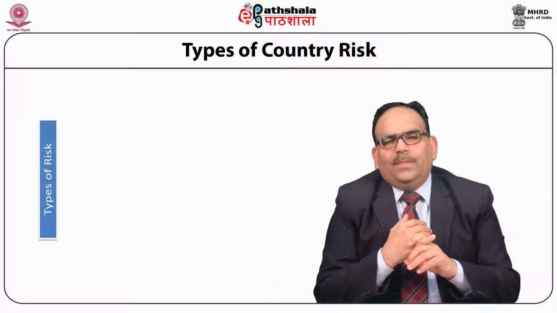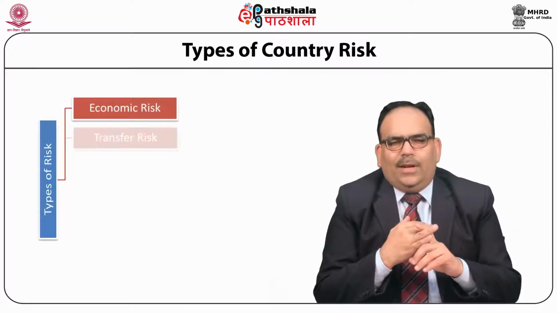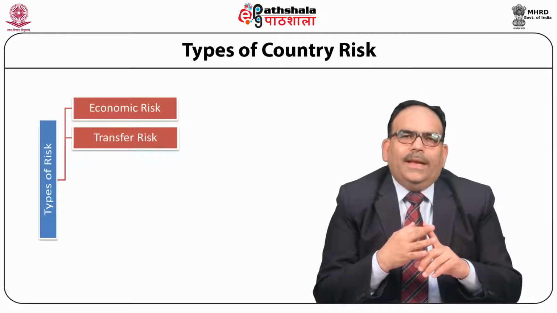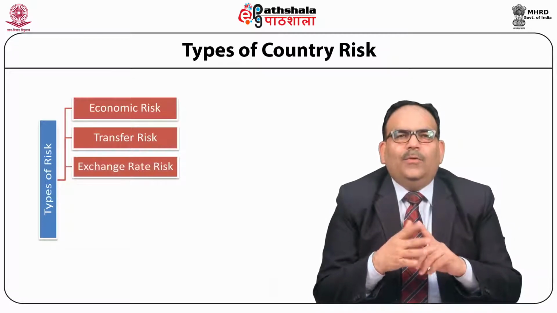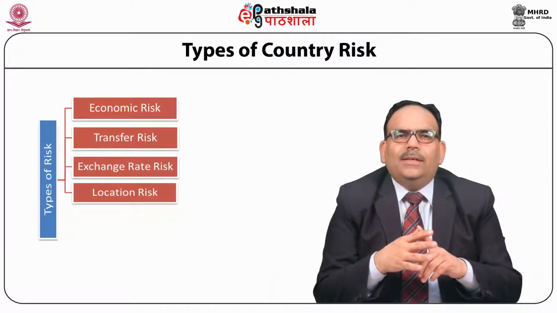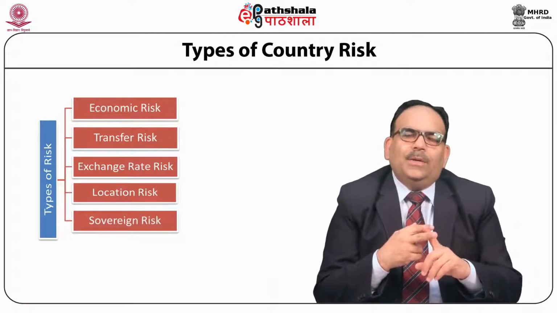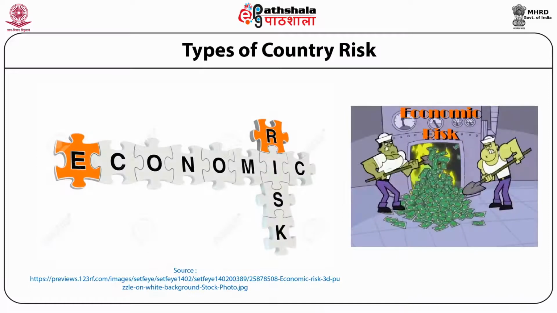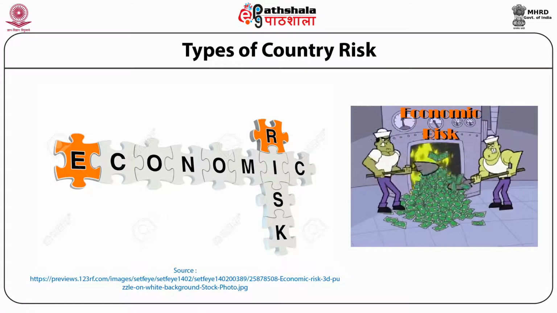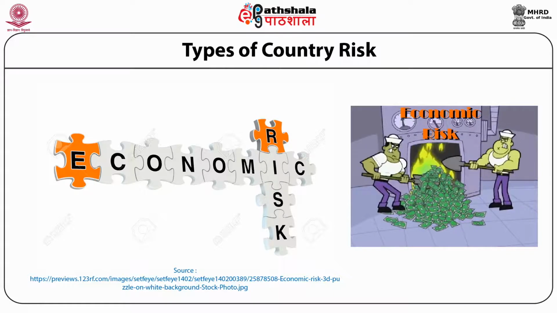The first one is economic risk. Second, transfer risk. Third, exchange rate risk. Fourth, location or neighborhood risk. Fifth, sovereign risk, and sixth, political risk. Economic risk. Economic risk is a significant change in the economic structure or growth rate that produces a